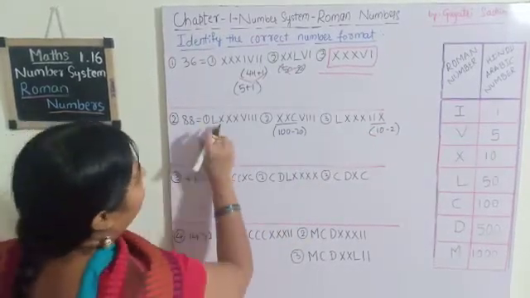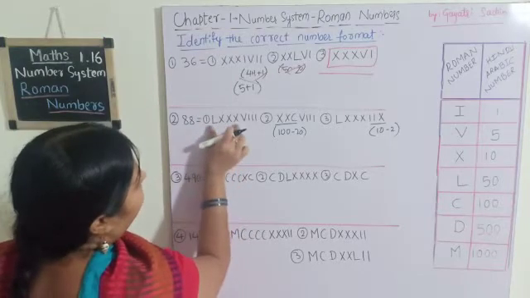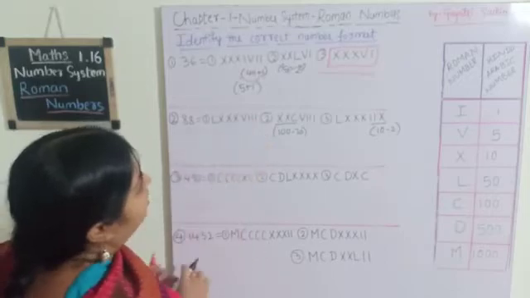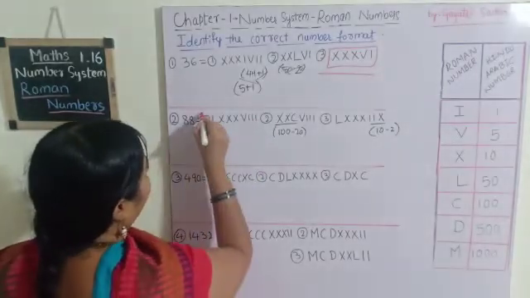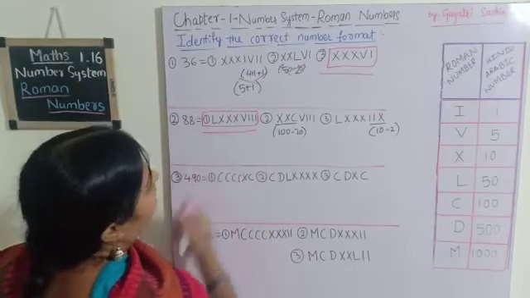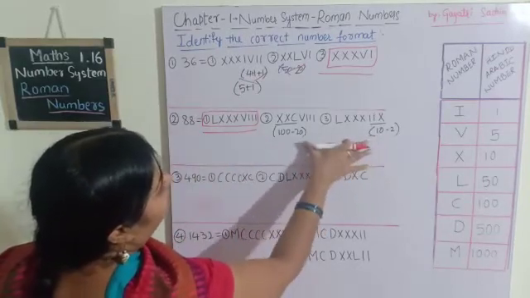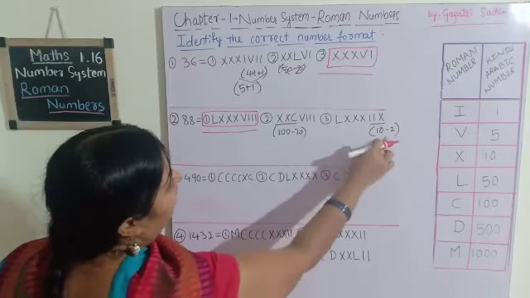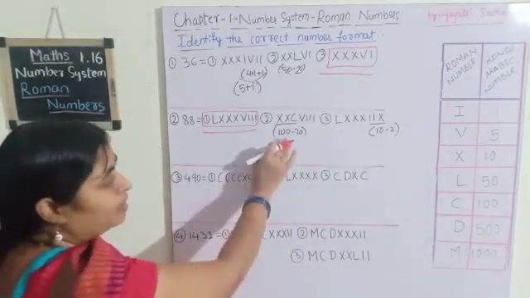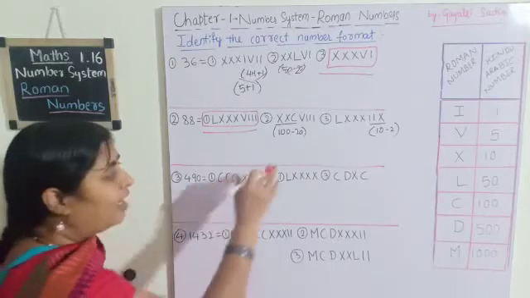So, what is the right option? Obviously, this one. See, LXXX is 80 plus 8, that is 5 plus 1 plus 1 plus 1. So, what is the correct format? This is the correct format. These are why they are wrong. I have written these things for this information. Okay, for your clarification, what is wrong here I have identified and written.